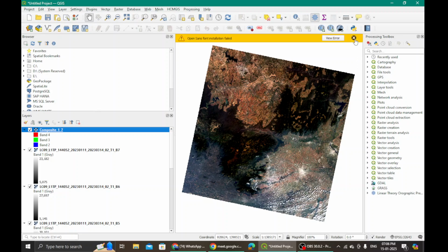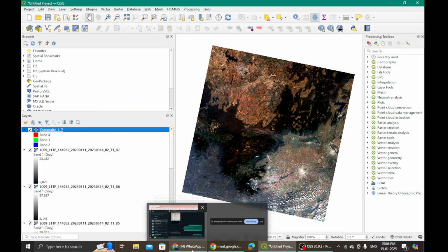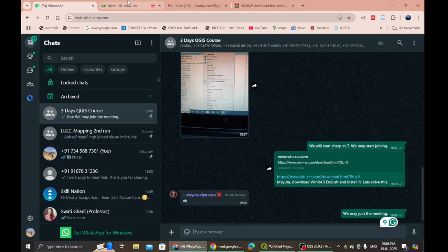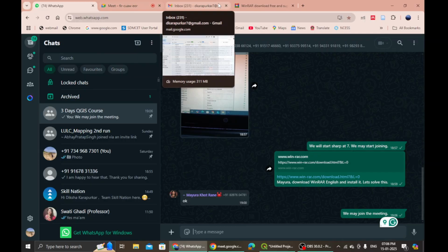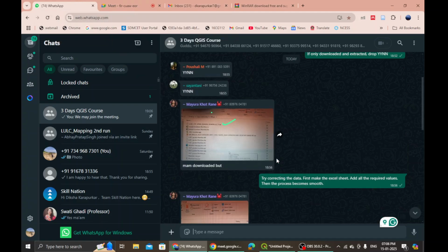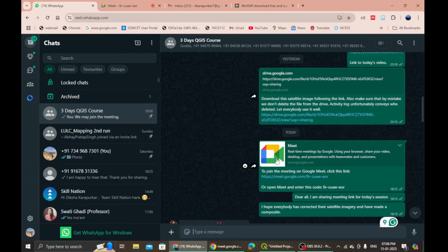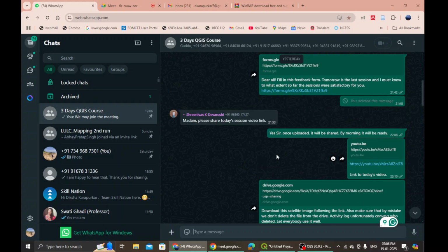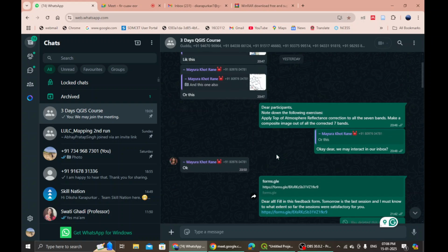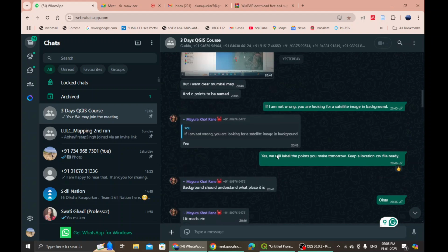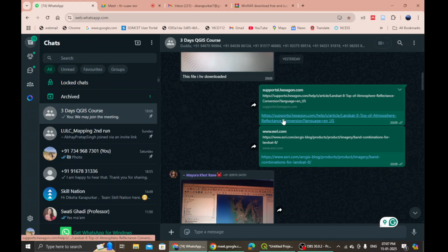Today's exercise is making a map out of all these bands. So yet again, we will go here. Let me just take the link that was shared with you yesterday.